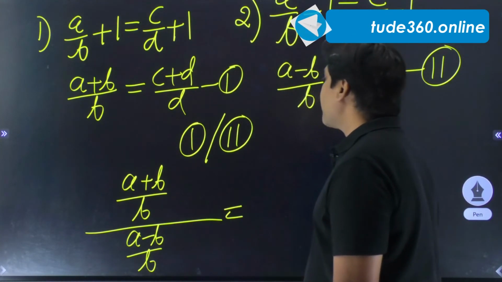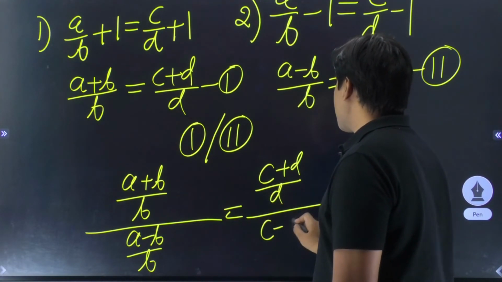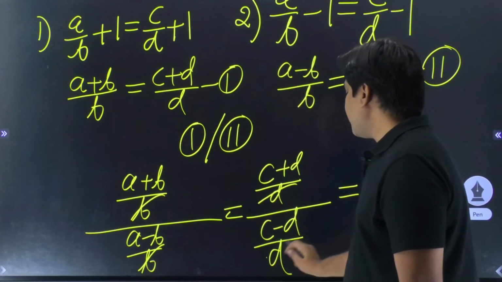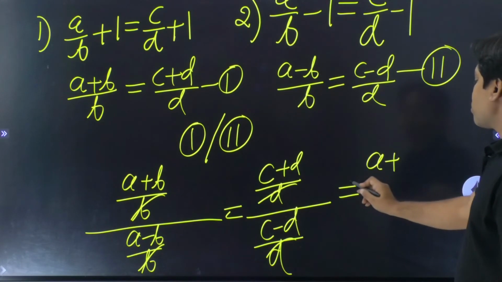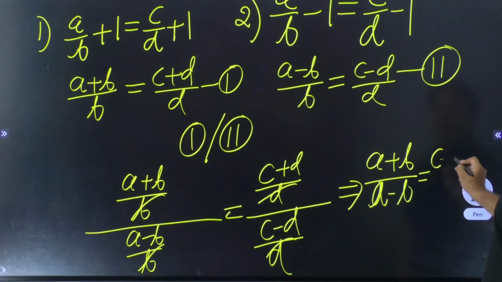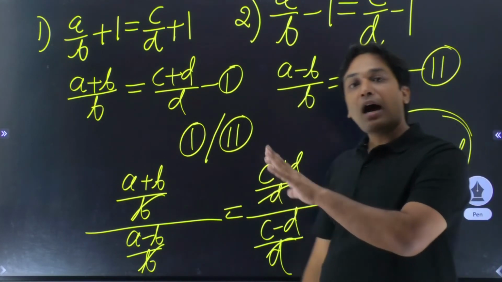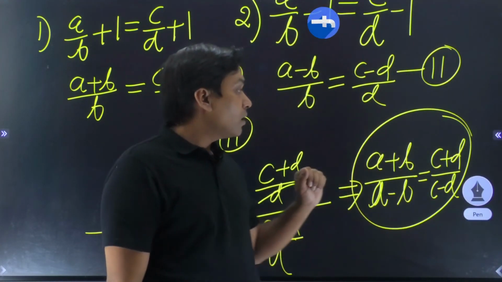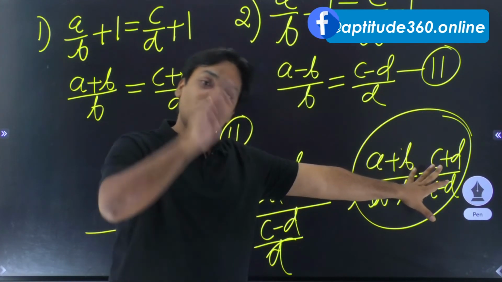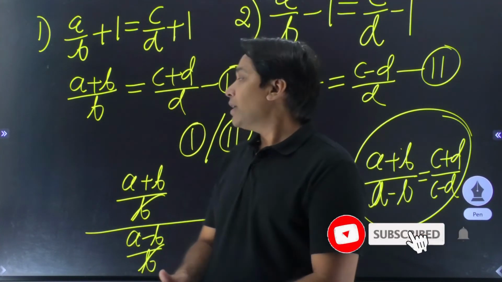इसके बाद आप क्या करोगे, यहाँ पे c प्लस d अपॉन डी, and divided by c minus d upon d. So b and b will be cancelled and d will be cancelled. You can write this one as a plus b upon a minus b and c plus d upon c minus d. अरे ये दिखने में ना बड़ा सिंपल सा लग रहा है, आपको लग रहा होगा कि भाई हाँ a प्लस बी इज इक्वल टू सी प्लस डी लिख दिया, a अपॉन बी इज इक्वल टू सी अपॉन डी अगर कहीं दिया हुआ तो आप इसको लिख सकते हो। जब भी ये देकर रखा है तो वो कैसे लिख पाओगे, ये हम क्वेश्चंस के थ्रू करेंगे धीरे धीरे, बट दिस इज द रूल ऑफ कॉम्पोनेंटो एंड डिविडेंडो।